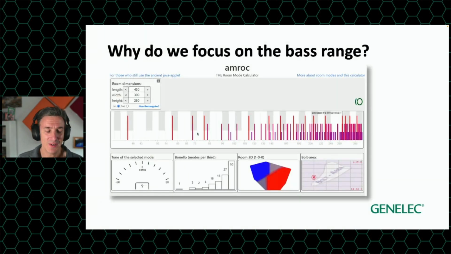You might already know that GLM is focusing on the bass range. So we are using our compensation filters for the bass range and, let's say, the upper bass range, but not for the mid-range and the high frequencies. Why is that so? First of all, you might know about room modes, standing waves, which are the troublemaker in the bass range in almost all rooms,